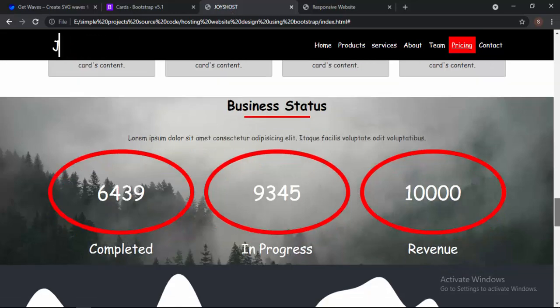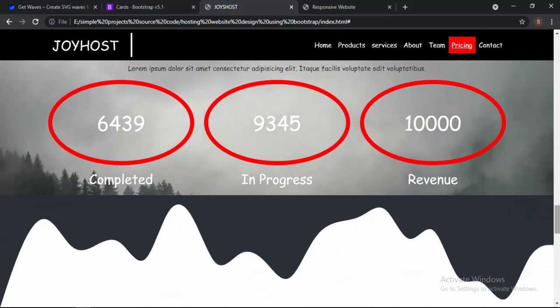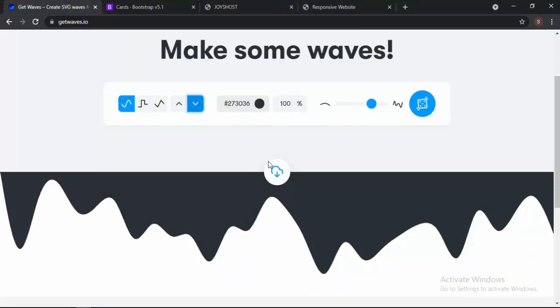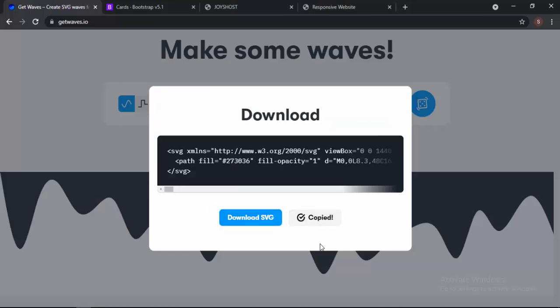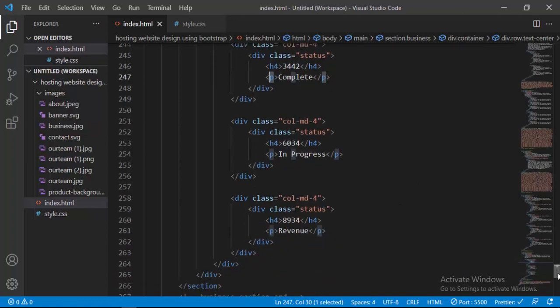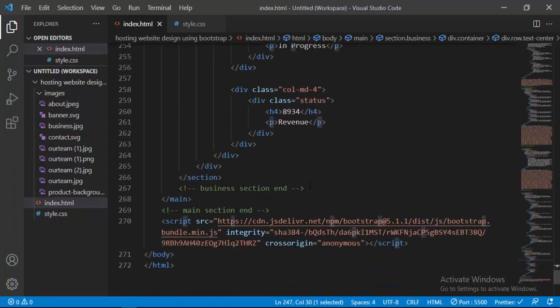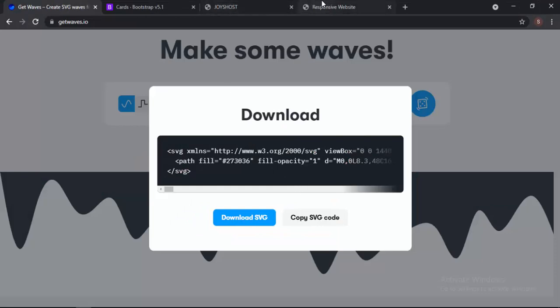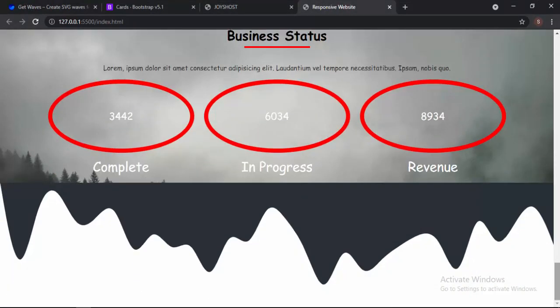Yes, the only thing left here is to create a wave, but put the wave on the downside. To do so, I just come inside our SVG, change its direction, copy this out, and go inside our index.html and paste it after the business section. Now go here, and we have that here. So after the business section,